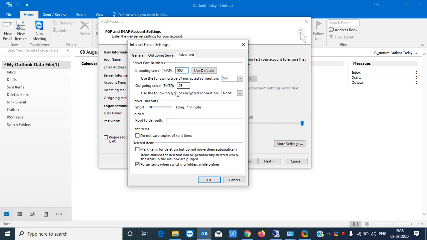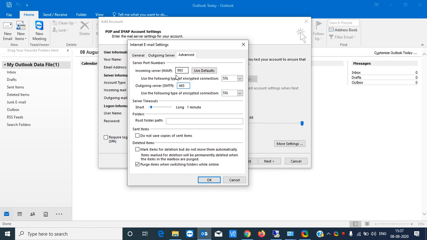But in the case of the outgoing mail server, you again have to choose SSL, but the port number is not changed, so you have to put the port number manually. Here I'm going to put the port number, which is 465. Note it. You have to put the correct port number for proper communication.